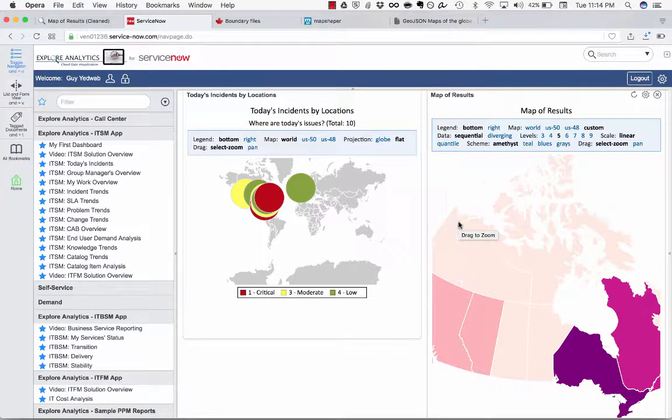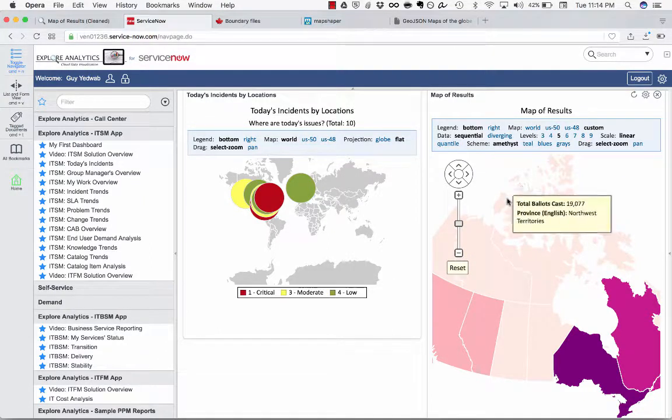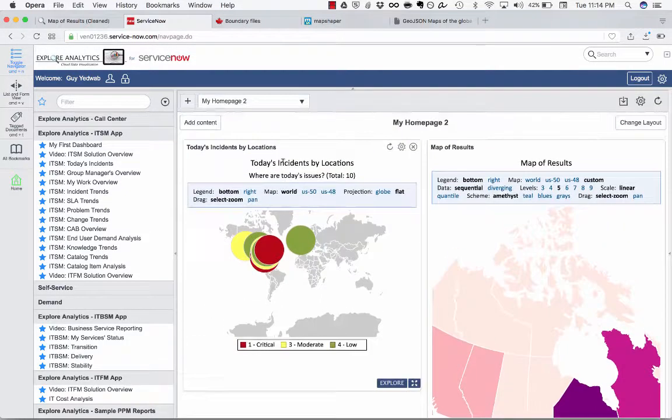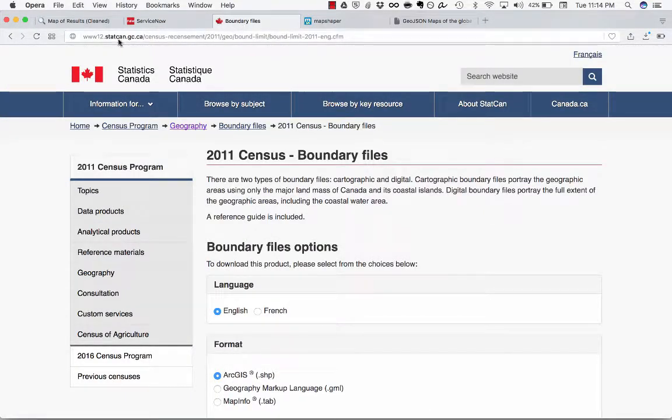So now you know how in a few quick steps you can map any of the data you want in a very quick way. So let me show you a couple resources that are really great to use in conjunction with this. The first is, obviously we've been talking about GeoJSON files for the map. You might be wondering, where can you find them? So depending on what type of map you're looking for, there's all kinds of resources on the internet, but for Canada in specific, I recommend going to